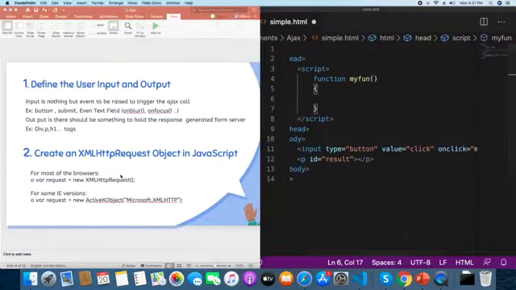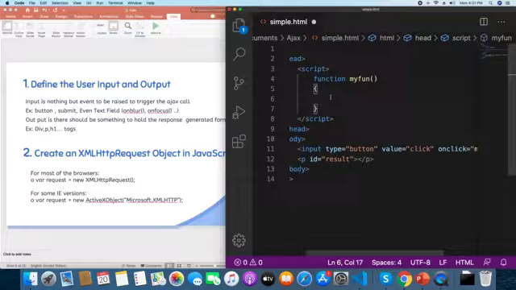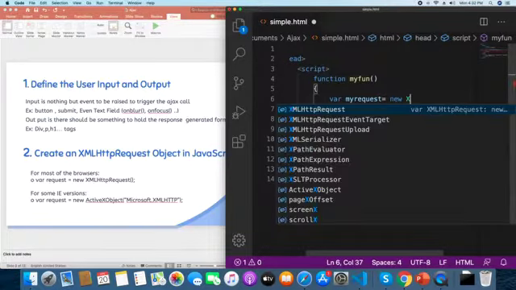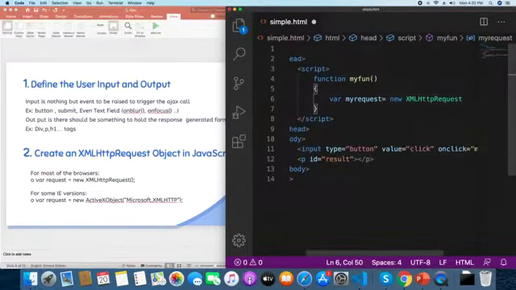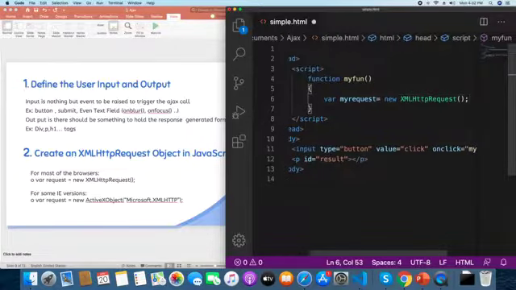Okay. Coming to the second step, what do I need to do? I need to create an object for XML HTTP request. So how to create an object? Here I created a variable, myRequest is equal to new XMLHttpRequest. So this is the way to create an object for a request. XMLHttpRequest. What is the problem with this XMLHttpRequest? There are some browsers which support XML